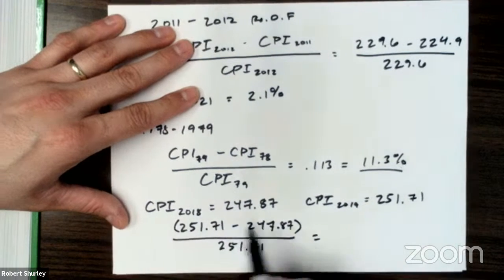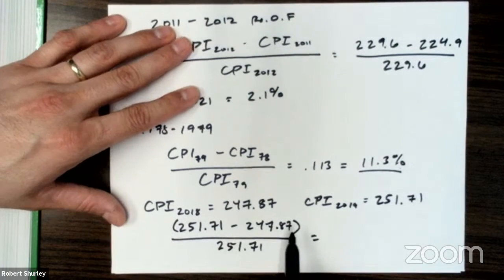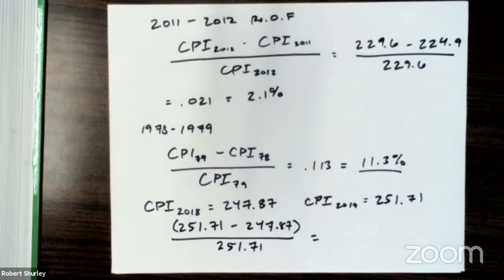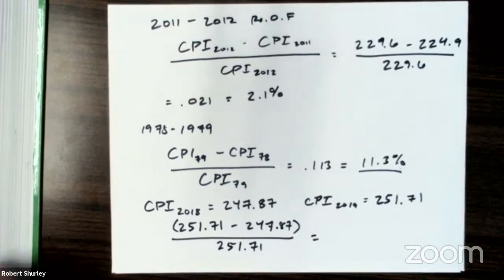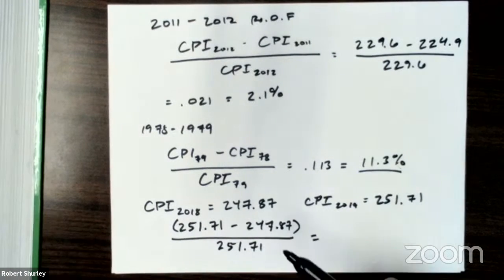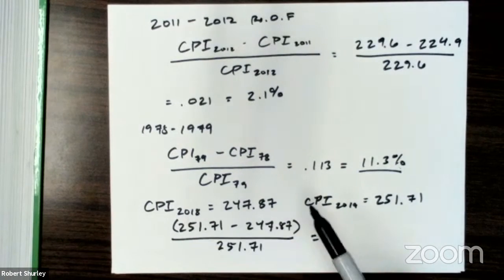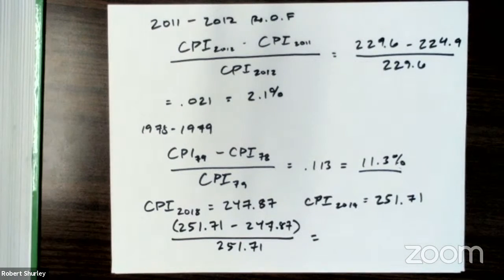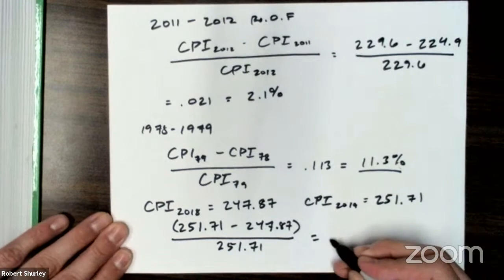Now, if you put this in a calculator, make sure to put those parentheses around the numerator. The calculator I asked you guys to buy, I let my son borrow it, so I don't have it on me, or I'd show you what buttons to press. But you'll notice in that calculator, there's parentheses. So you need to do parentheses 251.71 minus 247.87 divided by 251.71. And I get